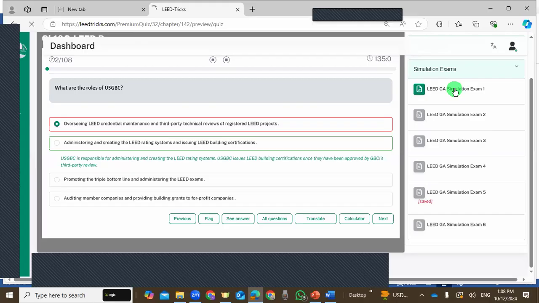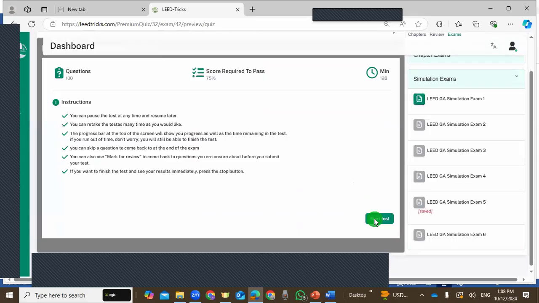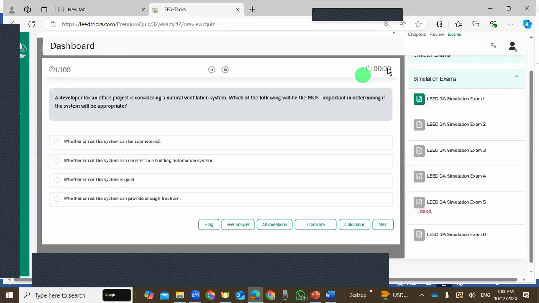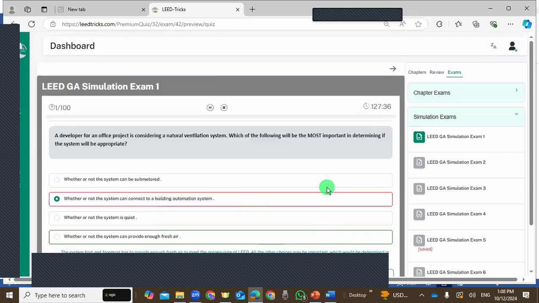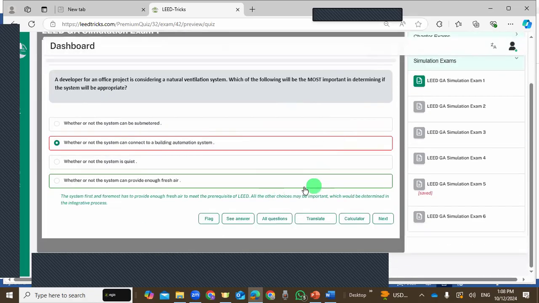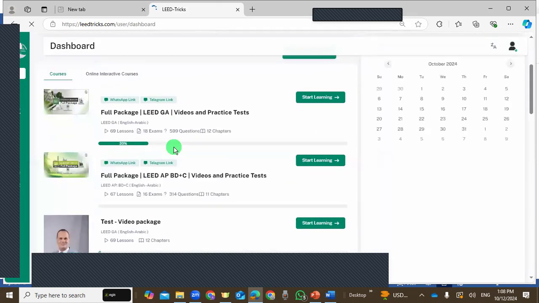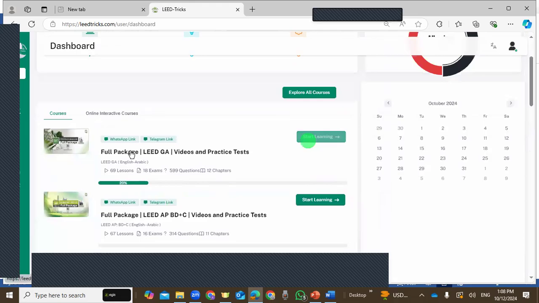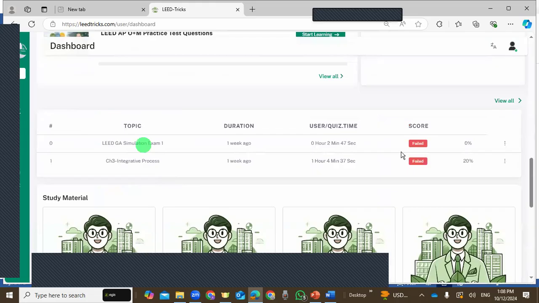This is, for example, a simulation of 100 questions. If you go and start the exam, you will find the time starts to count, and here 100 questions, 100 multiple choice, same as the real exam. At the end of the exam, it will give you a report of what you have done. So if you go to your dashboard and open one of the exams, for example, the exam simulation one,